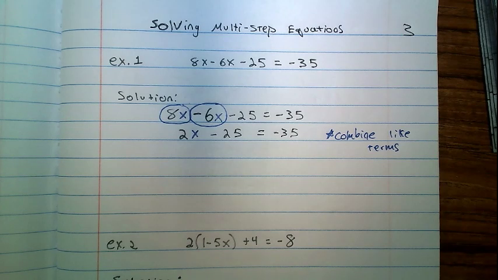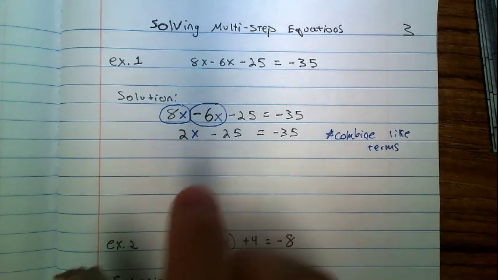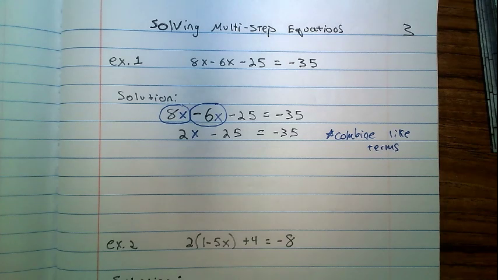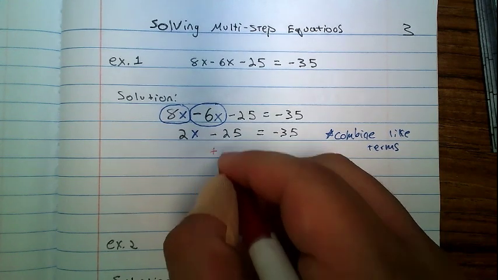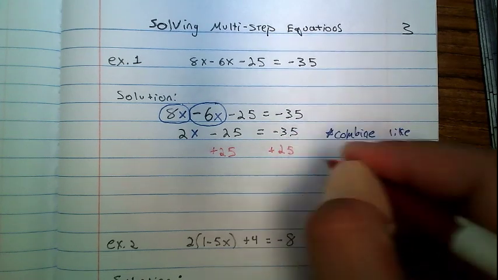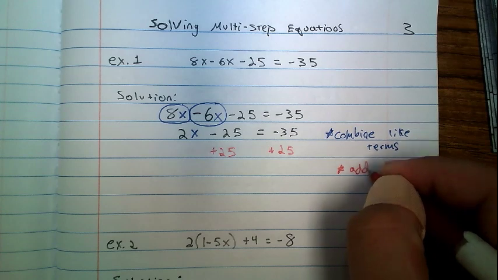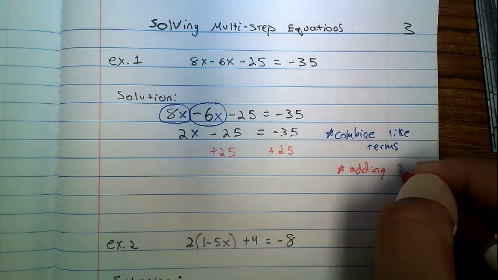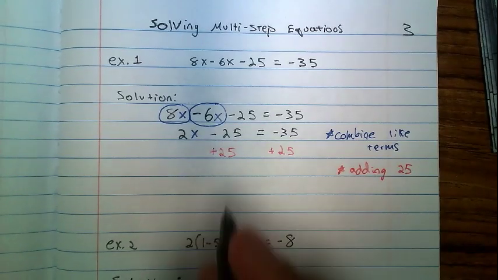I have to get rid of this negative 25. I have to get rid of the 2 as well, but I want to start away from the variable. So my next step is the opposite of subtracting 25, which is to add 25 to both sides. So right there I'm adding 25. And when I do that,